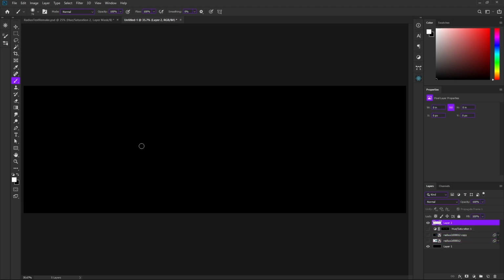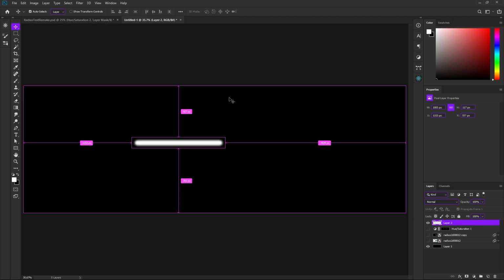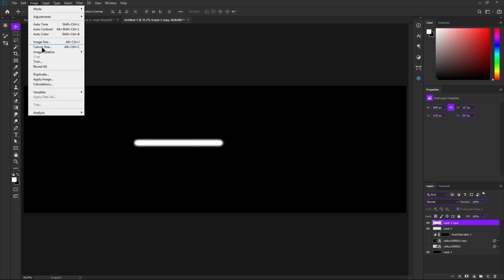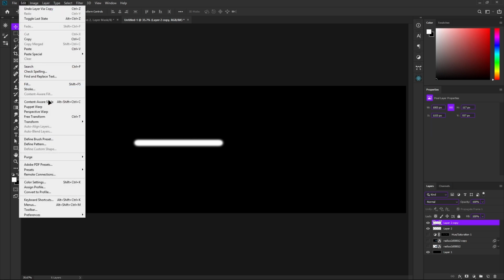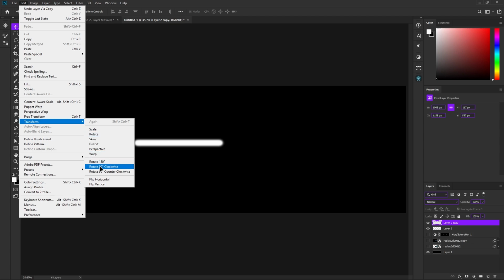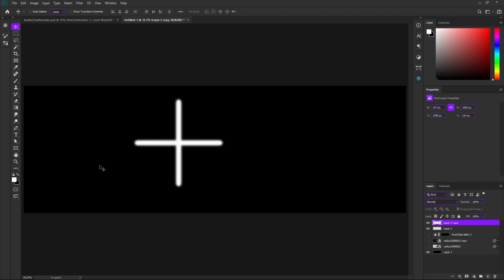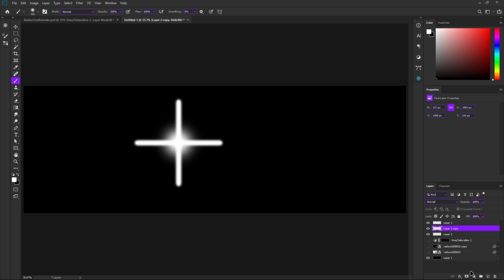A bulk of layers, group, whatever. And while holding shift, click. So just click, hit shift, and then drag over like so. And then duplicate your layer. Go to image. No, go to edit. Go to transform, and do rotate 90 degrees clockwise. And then you're just going to create a new layer on that. Increase your brush size and hit it close to the middle, just like that. And then add